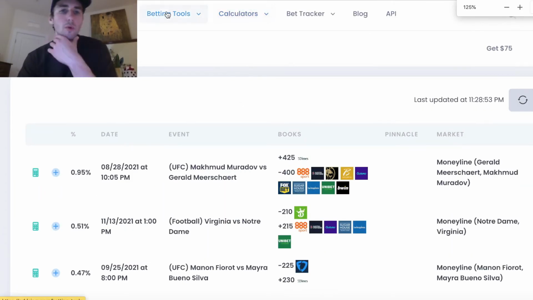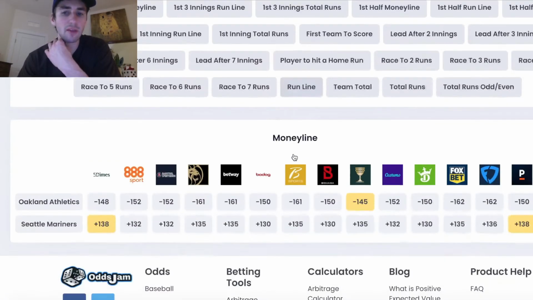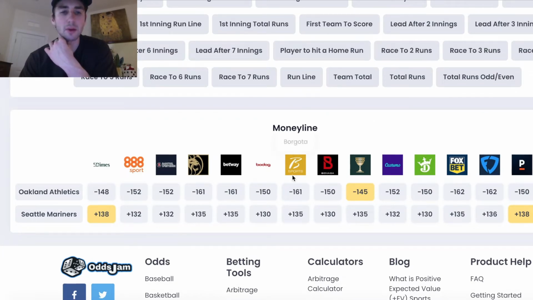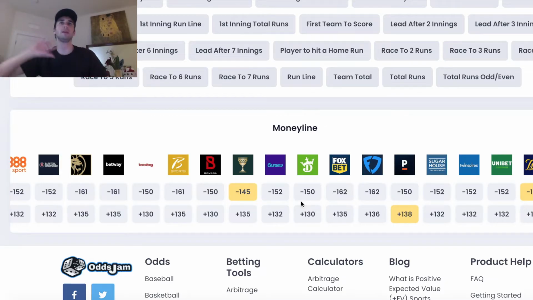So I think before we dive into a little bit more about arbitrage, we should recap the previous video if you didn't see it, and why arbitrage even exists in sports betting. So why does arbitrage exist? Sportsbooks have different odds. This is one of the keys to sports betting. Sportsbooks have different odds, and this is weird from a market perspective, right? If I go to Robinhood versus I go to E-Trade, I do not see different prices on Apple stock. It just doesn't happen. But in sports betting, these sportsbooks want to be unique, so they all have their own models, their own algorithms for setting their lines. They want to be unique.